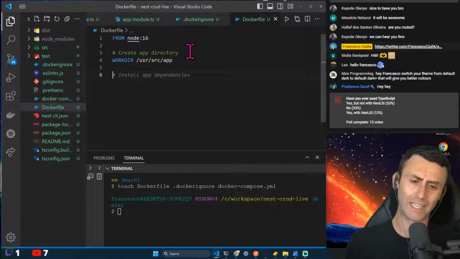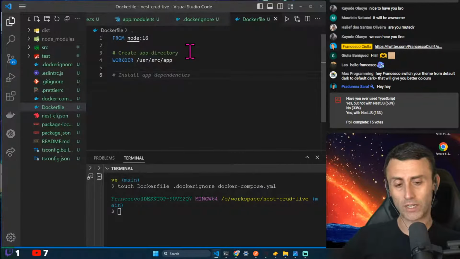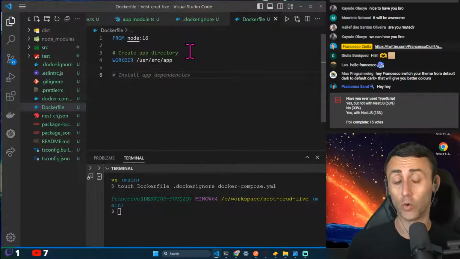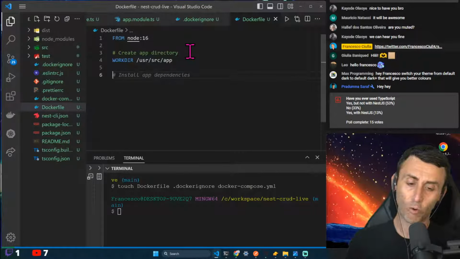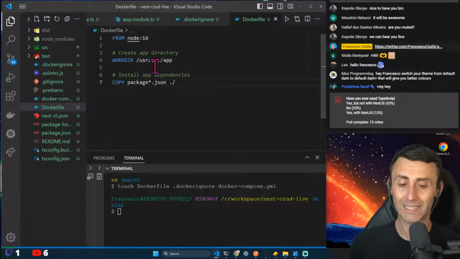We're also using the root user here. This is not a production-ready Dockerfile, but it's something to get this project done as soon as possible. So WORKDIR is the folder inside the Docker image. And now we can install the dependencies. We do this by copying package*.json ./